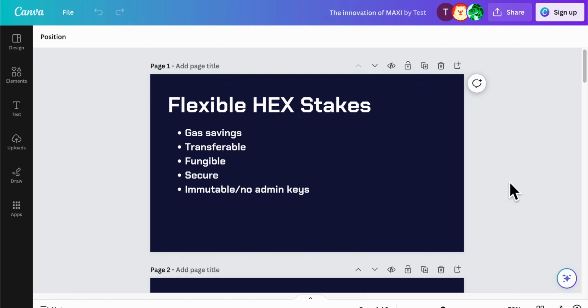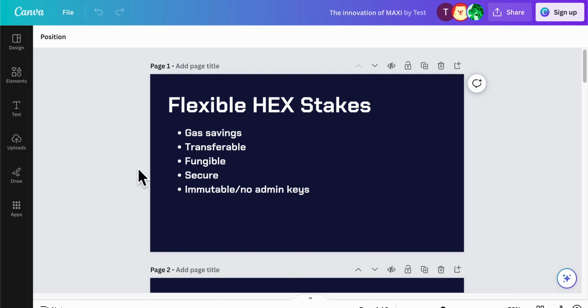And what are the potential benefits? What are the things that we need if we wanted to make this kind of a flexible solution? So we want to have gas savings, because that was a core principle behind native staking not being an issue, but it's something that the Ethereum guys changed on us with the S-load function fees going up. So if we can somehow solve that with a contract on top of Hex, that would be cool.